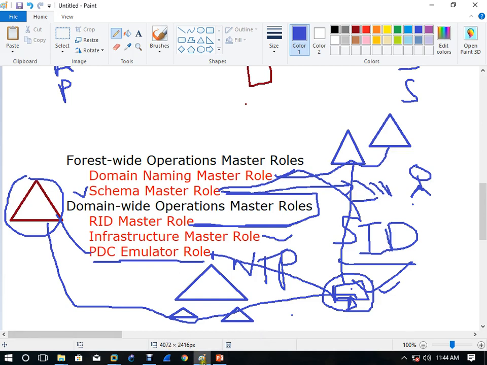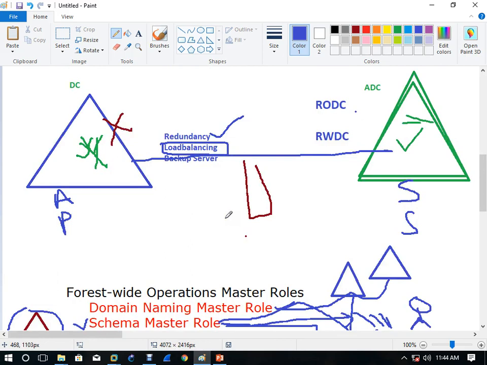Now let's come to this scenario. Now you are saying, okay sir, this server has some roles. See what we said: when the main server was down, was this server able to do all the roles, all the operations? No. Some he can do, but not all. But I want that when the main server is down, this server can control everything.